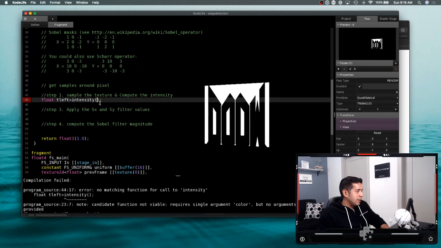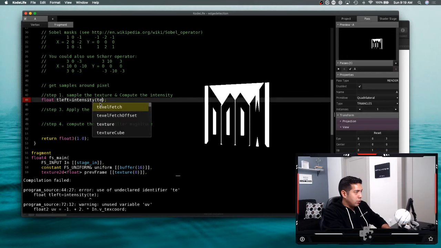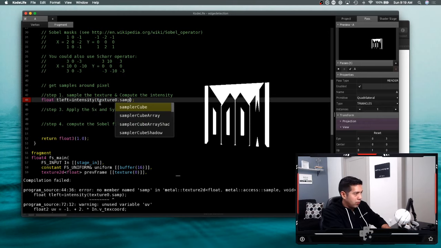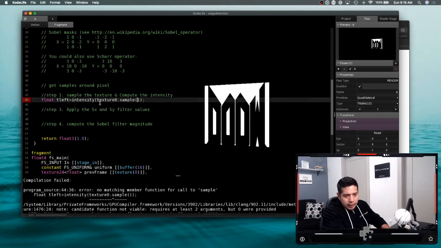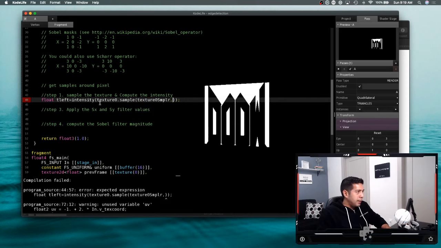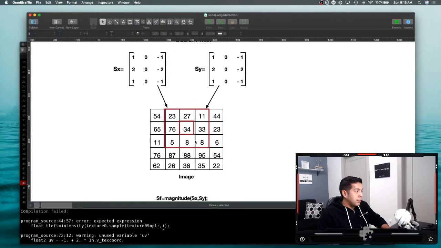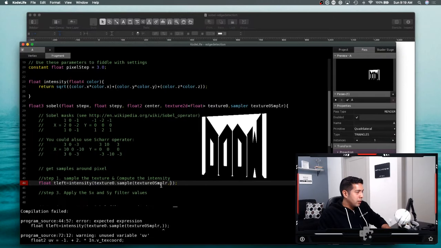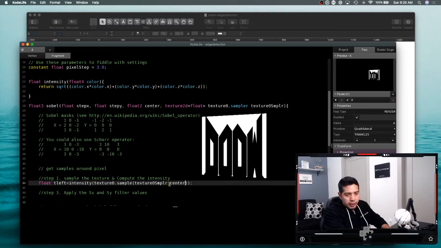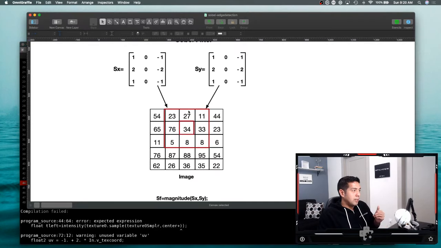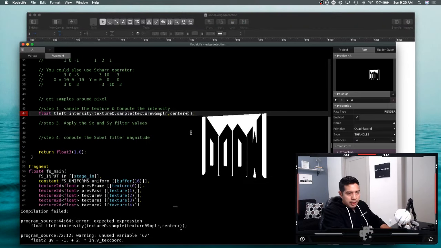So once I have that intensity, now I'm going to actually get the texture. It will be texture 0, which is what I'm going to sample, and then I provide the sampler. Then my next thing that I need to provide is the center image that I'm about to sample. In this case it would be center, and then the offset, right? And for now, since I'm doing the tLeft, I want you to move negative X steps to the left. I'm sorry, we're sampling the top one, this one first. So it's going to be negative to the left and 1 up. All right, so that would be negative stepX,